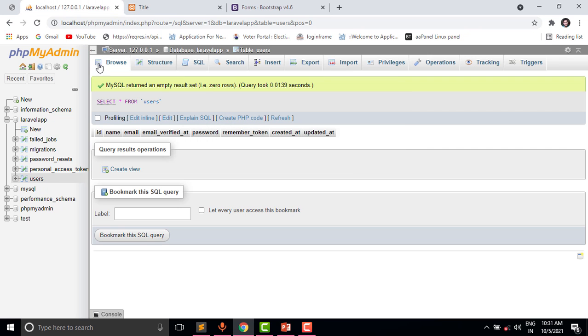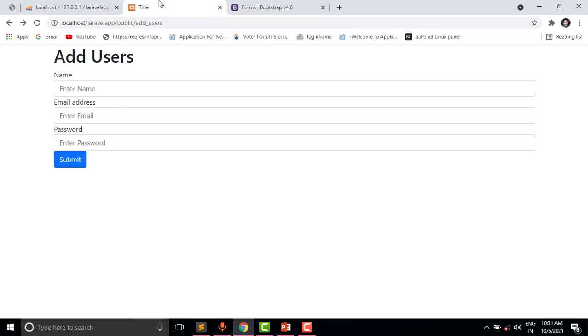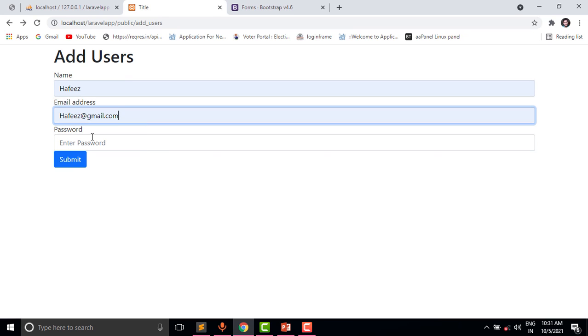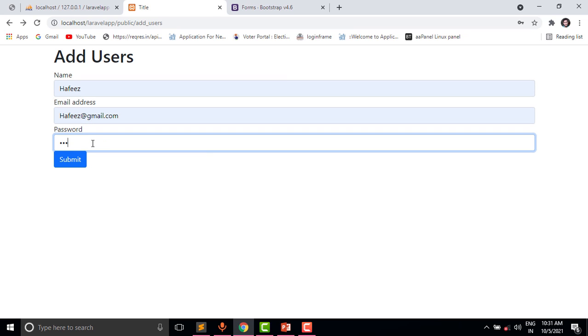Now you can see the users table is empty. There is no record in the users table. So let us try to save one record. 1 2 3 4 5 6. Now click on submit.